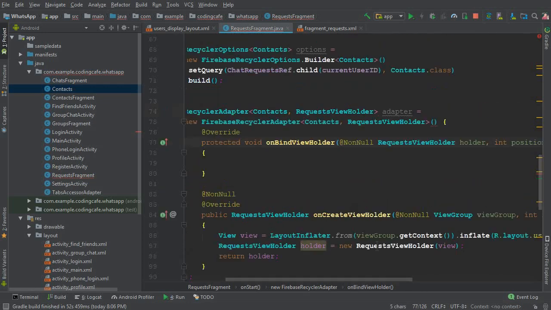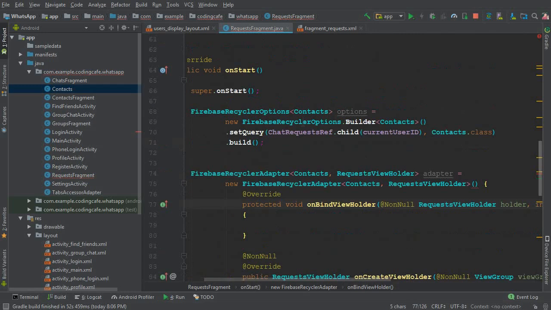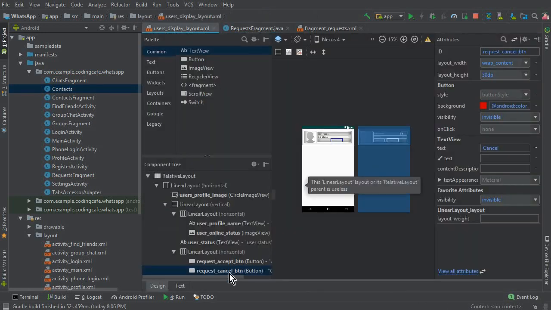And now the most important thing is to pass the query, which is by the name options. So here you can see this error, and here you can simply pass those options, which is basically our query. So inside this onBindViewHolder, first of all, as you know, these two buttons are invisible,